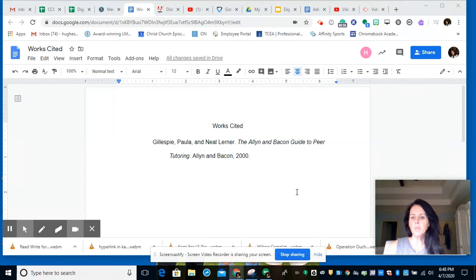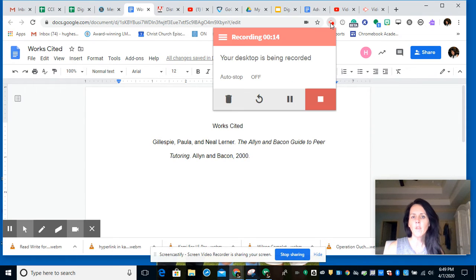Okay, so for example, you can use Screencastify. So Screencastify is right here. You click on this button. It's an extension you can download, and I'll have a video about that. But when you click on Screencastify, well, actually, I can't show you right now because it's being recorded,